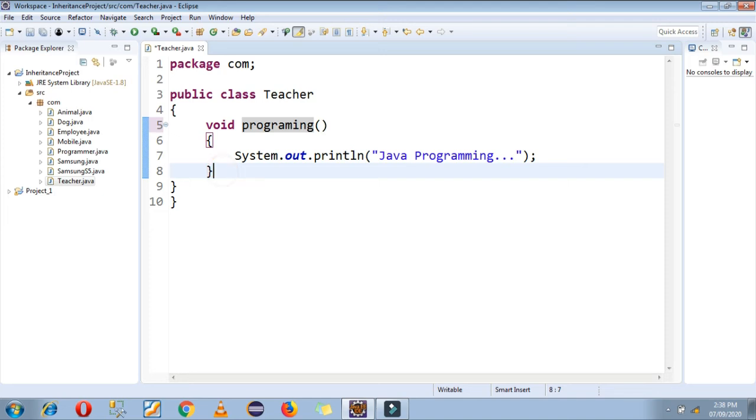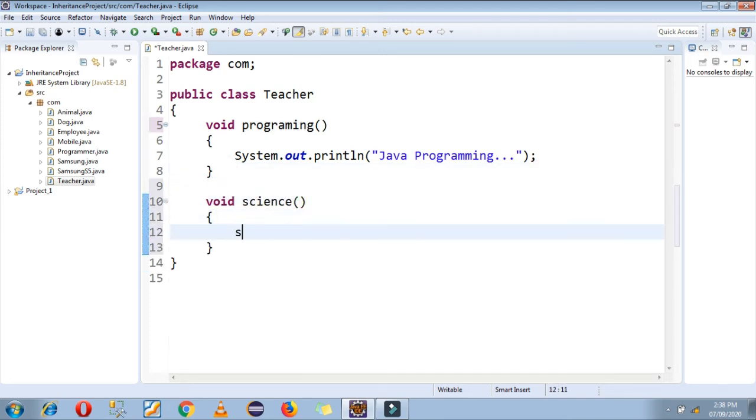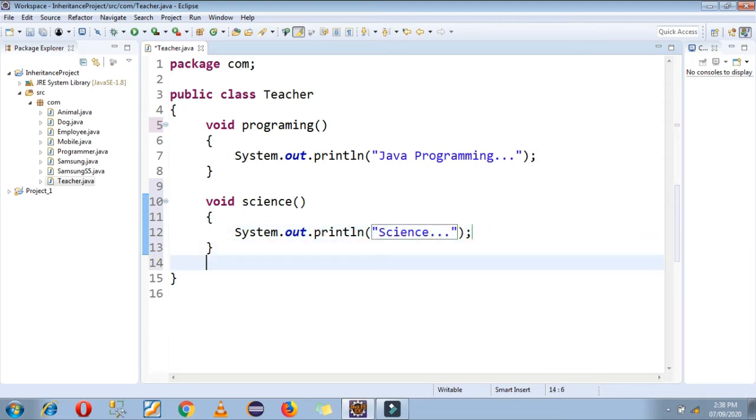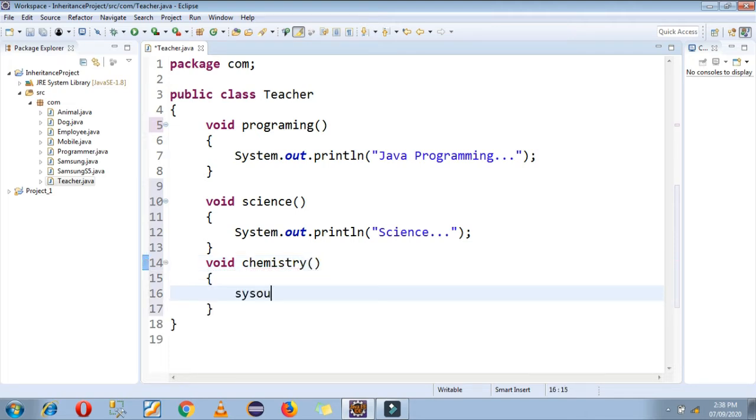The second function is void science. In this I am just printing science, and the third function is, suppose, chemistry. In this function I am just printing chemistry.